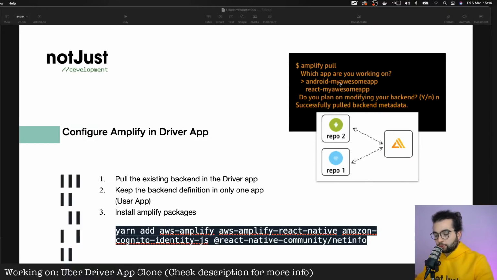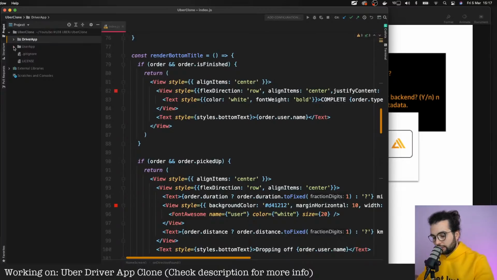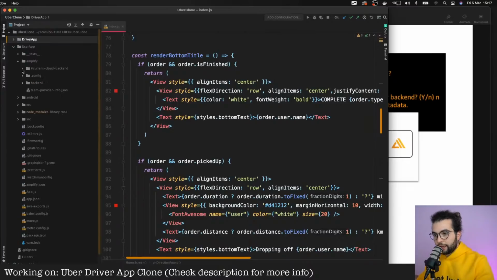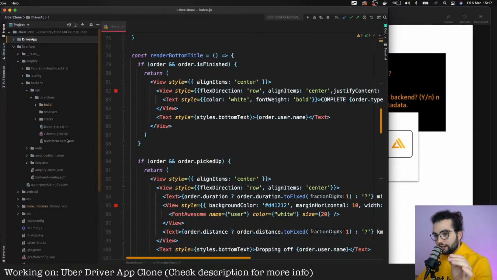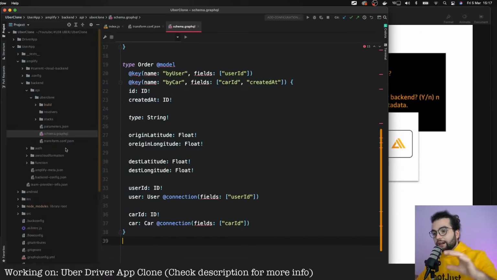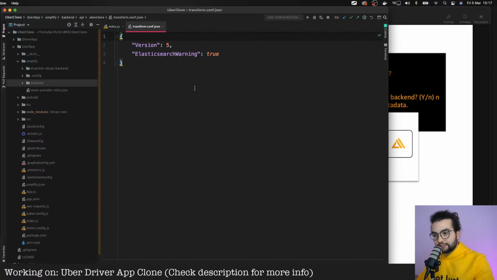So we are able to pull both the actual code of a backend and the metadata. When I'm speaking about the actual code of a backend, I'm speaking about, if I go to user app, Amplify backend, here we have the code for our backend. Here we have, for example, our functions. Here we have our API with a schema, and we are able to pull everything that is here in our application. However, that's not recommended.